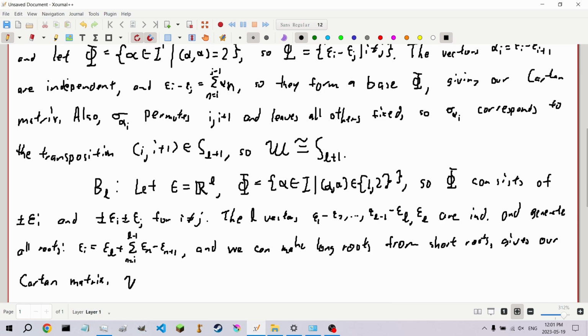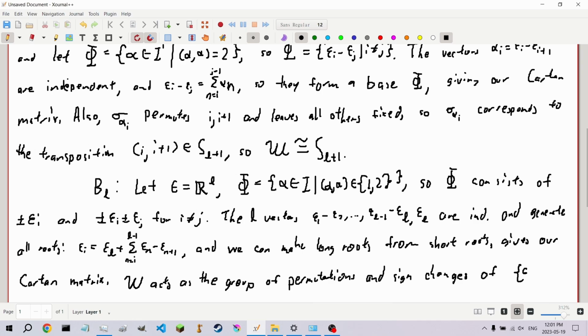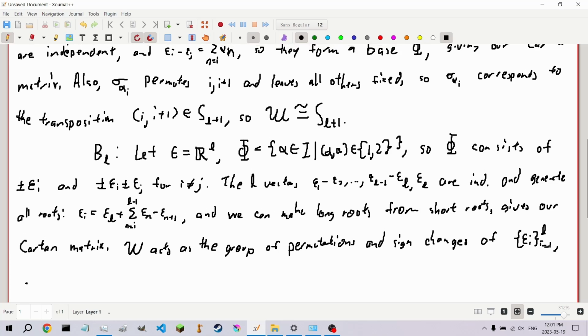In this case, the Weyl group acts as a group of both permutations and sign changes. The sign changes of our collection epsilon I from 1 to L. So the Weyl group is isomorphic to